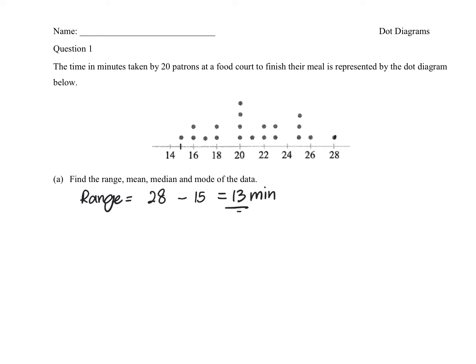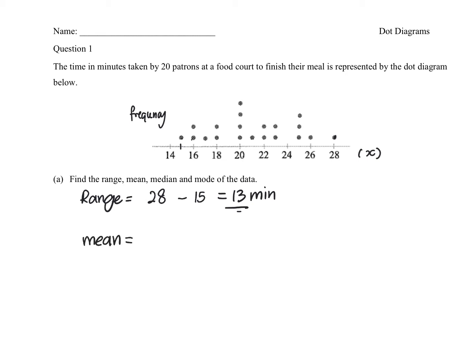Next one, how are we going to find the mean? The average mean, for the dot diagram, right? When we're looking for the mean, we can represent the data like a simple table with the data values. So this is all your x data values, and the number of dots will be your frequency. In this case, the number for 15 is 1, 16 is 2, and so on and so forth. So now we are going to calculate the total. So mean